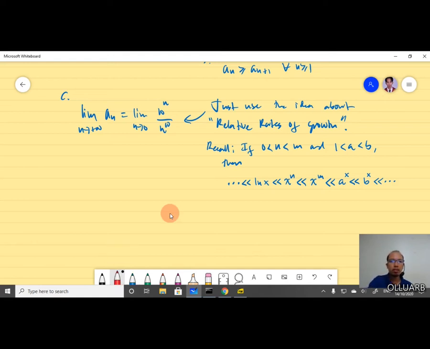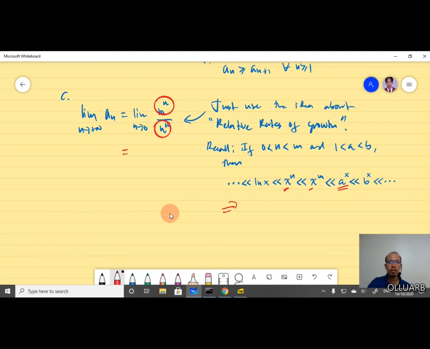The numerator here is this one, and the denominator is either this one or this. So the numerator is much faster than the denominator. Okay, so therefore by definition,